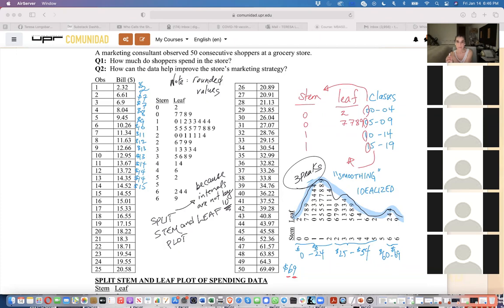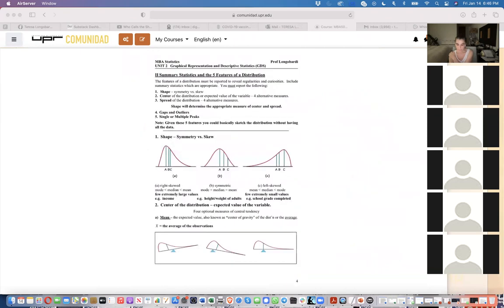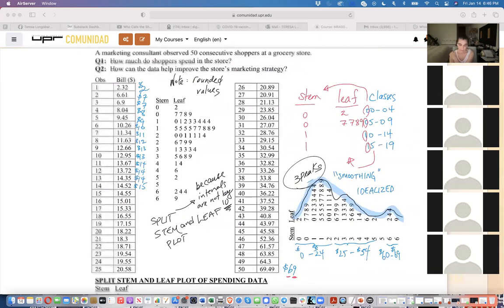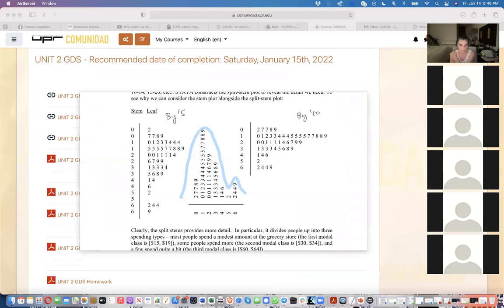Based on this graph, then we need to start summarizing statistics. All right, but I'm going to wait. I'm going to pause on that. I want to show you the other data sets before I continue. So we have, oh no, not here. So the other data sets are